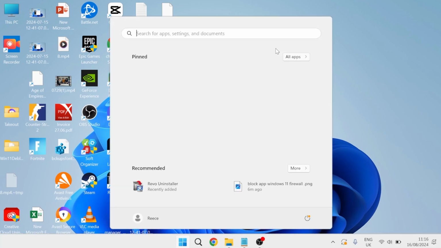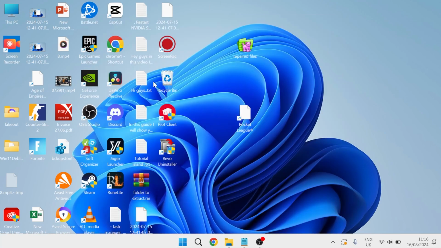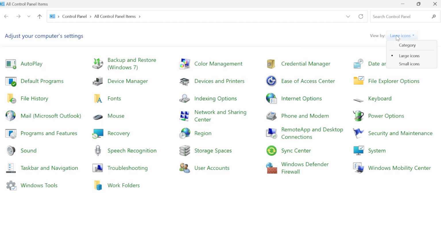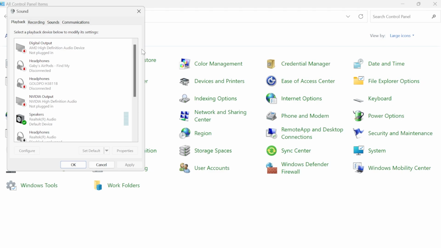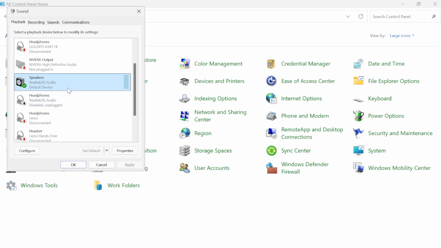and the next thing you'll need to do is head over to your start menu, search for control panel and head over to the control panel icon. At the top here, come over to view by and make sure this is set to large icons. Head over to the sound tab, and in this playback tab, we need to make sure that our speakers are set to the default device. So to do that, just select your speakers and click this set default button at the bottom down here,